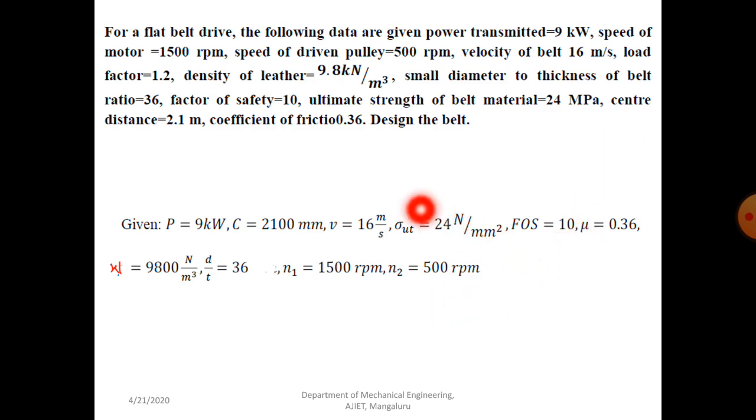So these are the given data. One more thing, the coefficient of friction, that is 0.36. The coefficient of friction is the same value for both pulleys. It means that whatever the capacity, it will be for the smaller pulley, because if the coefficient of friction is the same for the smaller as well as the larger pulley, then the minimum value will always be for the smaller pulley. So with the help of this friction you can calculate capacity. At the same time you can calculate constant K also. That also we'll discuss later. So we'll see it step by step.